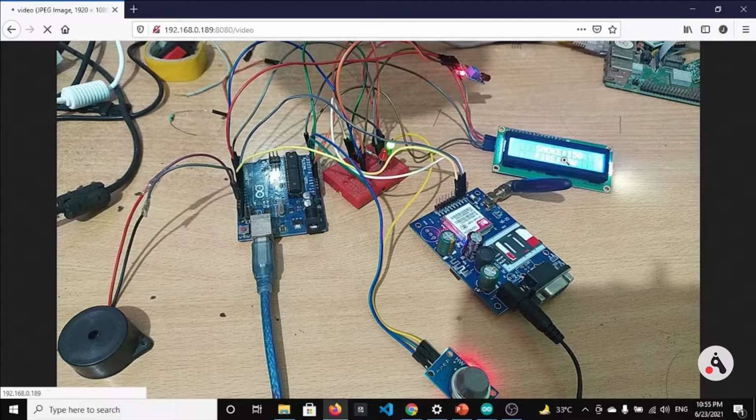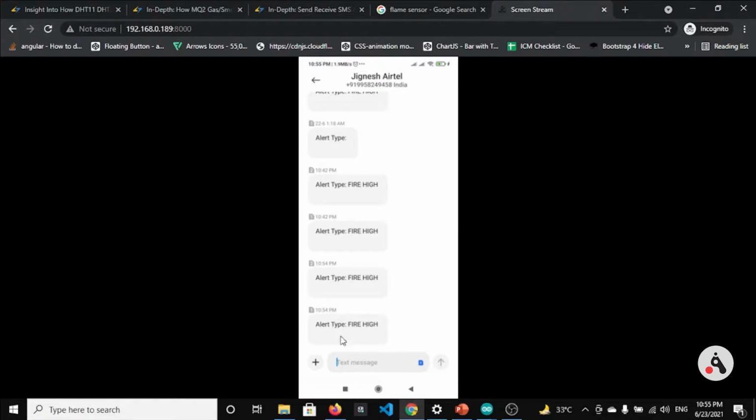Currently it is low again, and the smoke value is 158. That is how the fire detection is working. And if you look at the SMS, the alert type is given here, fire high, which means that it was triggered using the flame sensor.